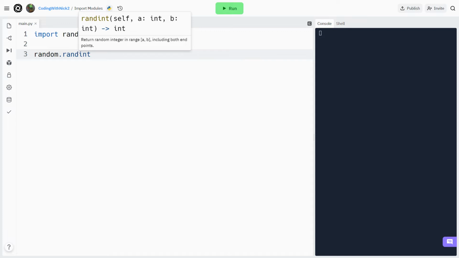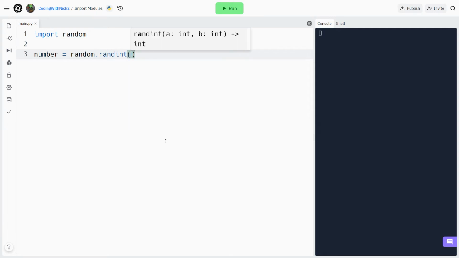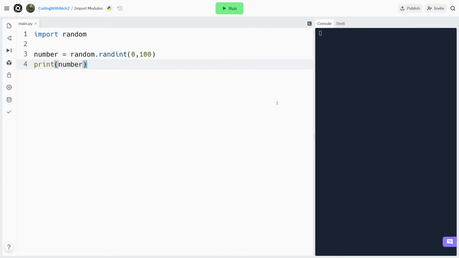Okay, let's create a random number from 0 to 100. Number is equal to random, that's the module name, dot randint, that's the function name, parenthesis 0, 100, that's the range. Now, let's print that number. Print number. Cool, each time we call the function, we are going to get a random integer number from 0 to 100. If we want to get a random float number, we can call the uniform function from the same module. Getting random values is a very useful tool to have, and we're going to use it a lot in our projects.